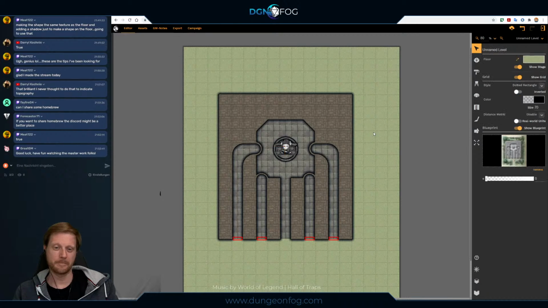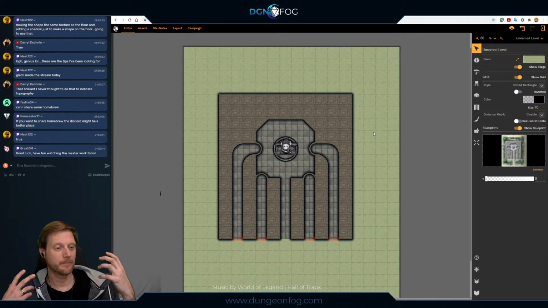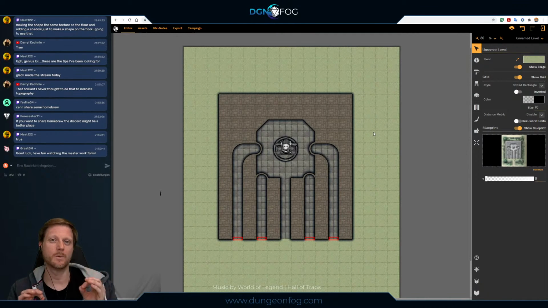Okay. So the trick is you have to fill those bowls with water, but only one specific bowl. Everything else will trigger a trap. So you need to understand how you do that. What bowl should you fill? And to do that,